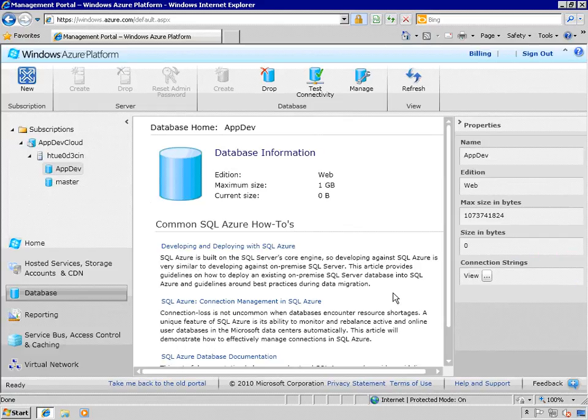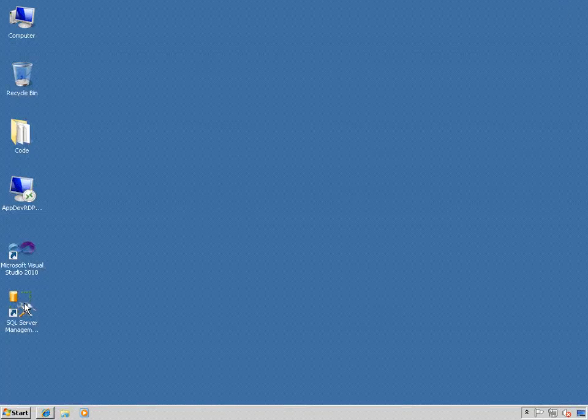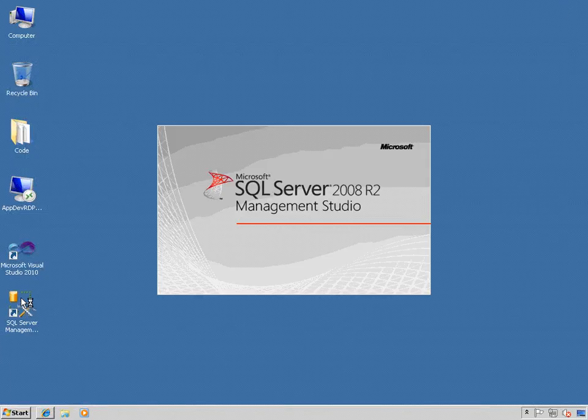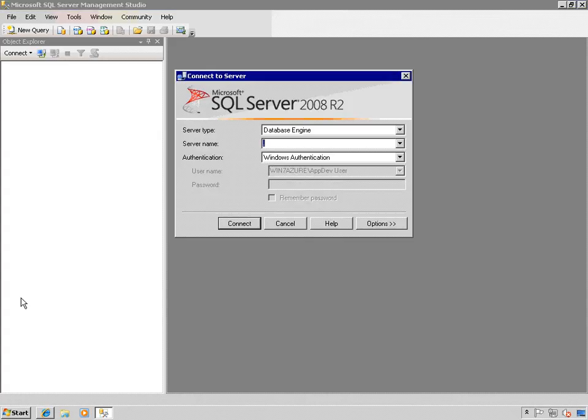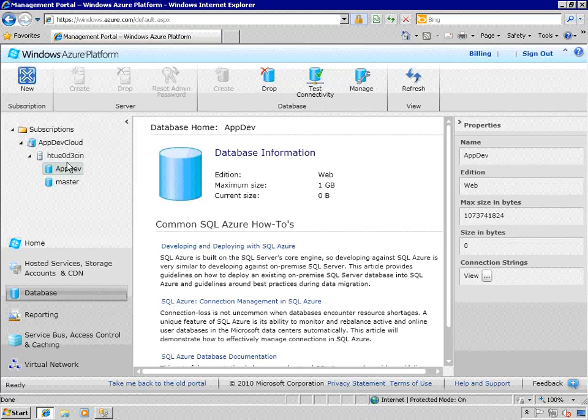All right, so we've created our database. Is the SQL Azure Management Portal the only place we can create and work with databases? No. So let's minimize our SQL Azure Management Portal. Let's fire up SQL Server Management Studio. Now, notice that we're running SQL Server 2008 R2. And the reason I say that is because there's a difference if you're running SQL Server 2008 or SQL Server 2008 R2. Actually, let's go back to our portal because I want to grab